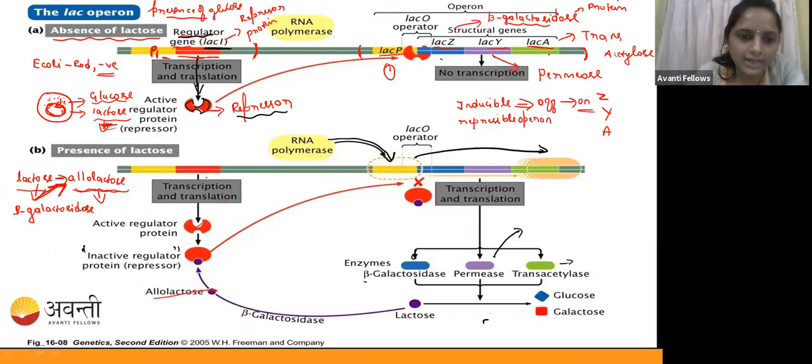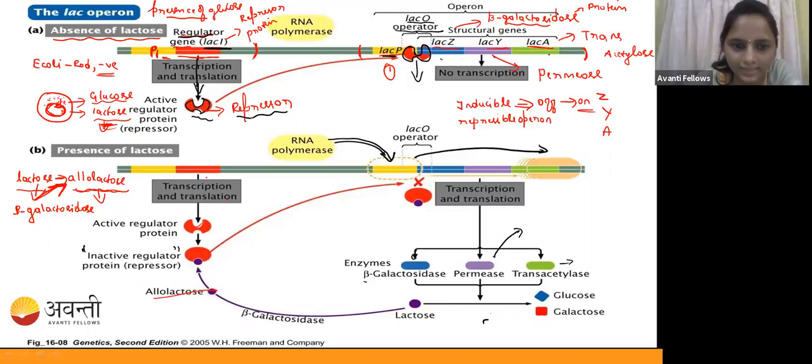Now what will happen, guys? There is no lactose present. So this repressor is going to bind on a site. After the promoter site, there is another site present on the gene, and that site is called the operator site. It is going to operate, like operators who work between many works. So like that, the operator works here. What is the function of the operator here?